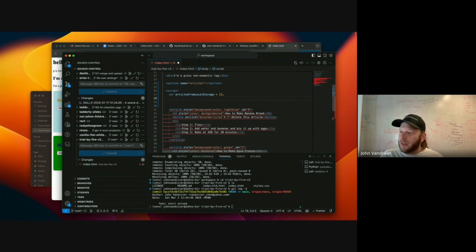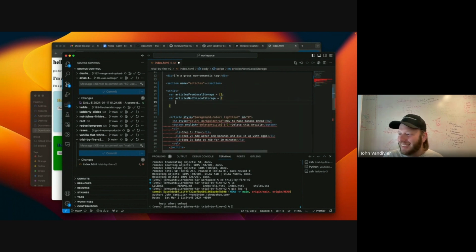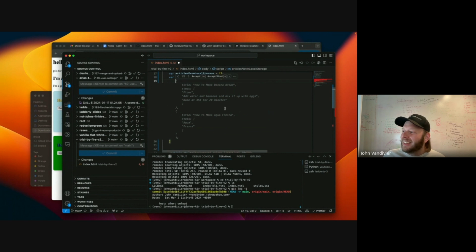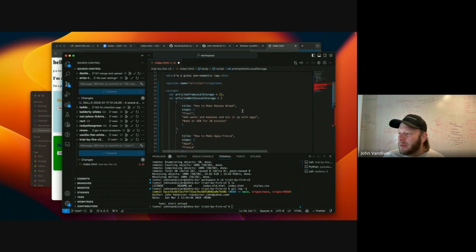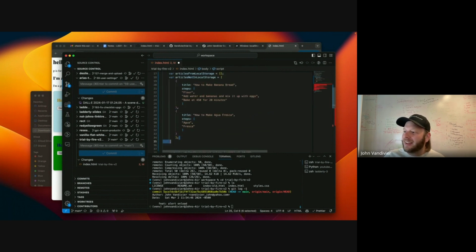And then I will call this articles not in local storage. This is going to make sense in a minute, I swear. Oh gosh, Copilot is really killing it. Okay, so this is a data representation of the articles.